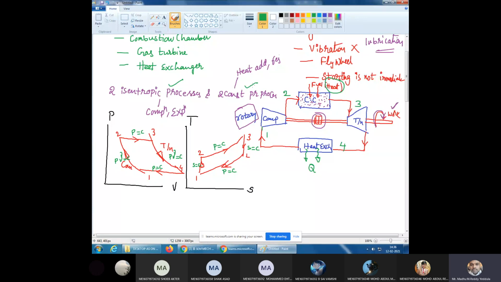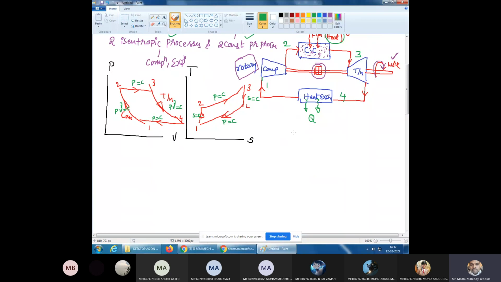Do you have a clear idea about the working? Air is compressed and the fuel will be added, thereby the combustion begins. Due to the burning of fuel in the presence of air, gases will be liberated. Those gases are allowed to pass through the turbine, thereby we are getting the work. After expansion, the pressure and temperature will decrease. Those low pressure, low temperature gases will be passed through the heat exchanger, and the remaining heat will be liberated. Then only air will enter the compressor. Is the working clear? Please tell me.